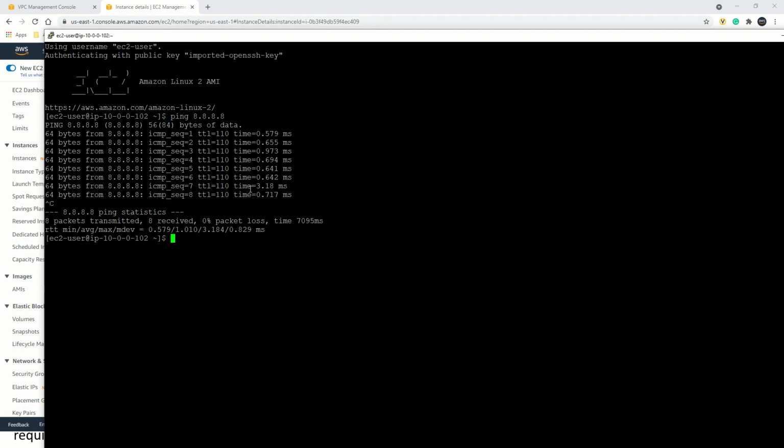For that purpose, we first need to create a key pair file. Let's say we'll give the same name, my key pair dot pem file.